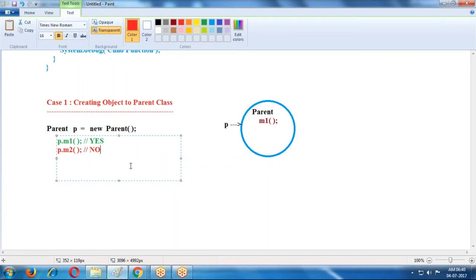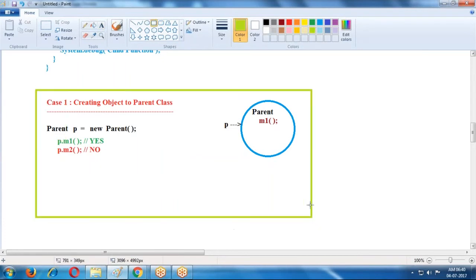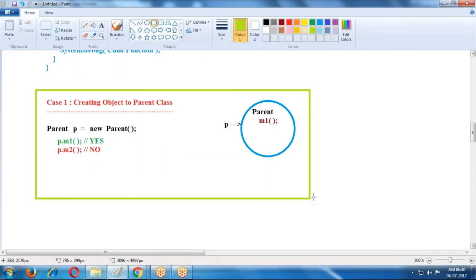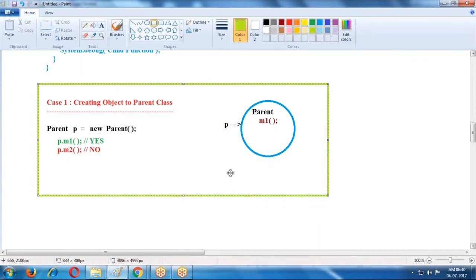Which properties can we use? Only parent class functions we can use, but not m2, that means child class functions. If I created an object of parent, what methods can we call? We can call only parent class methods, but not child class methods. What is the note? The note is: